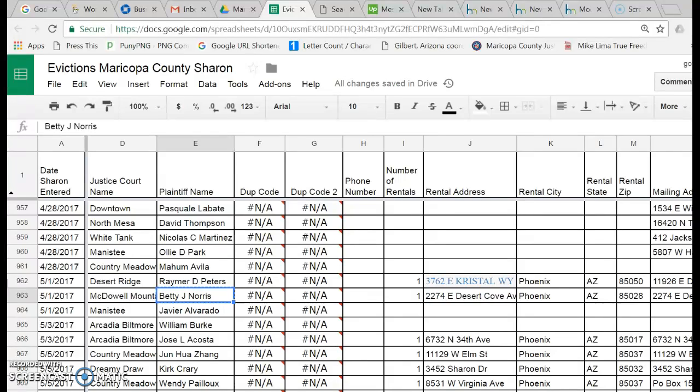Okay, here I am in the evictions spreadsheet. This is the Google Sheet. So how to do this is find a name like Betty J. Norris. Here's the plaintiff name. Copy that and go to